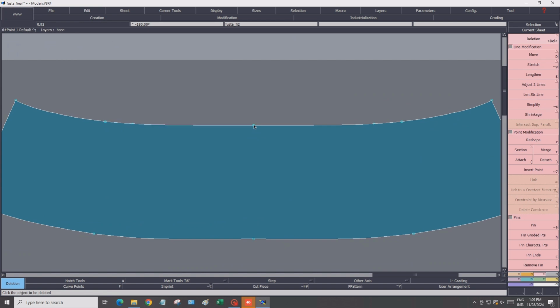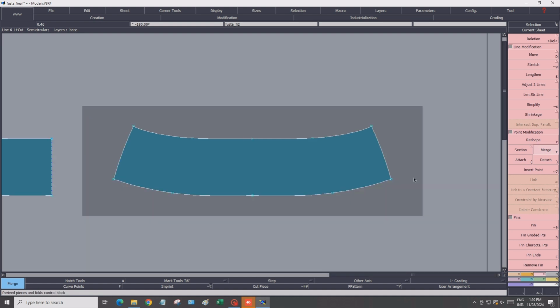We'll change a little bit the upper line. We will change the type of our points from main points to secondary points to be deleted. F3 point modification, reshape or undo to recover the action. We go to make them secondary point. Then we'll go to F1